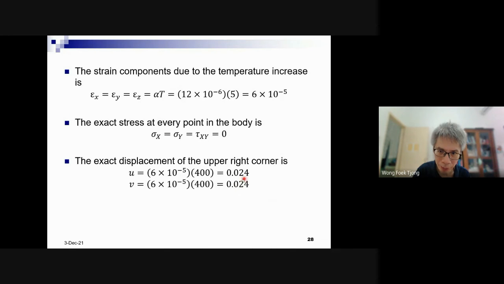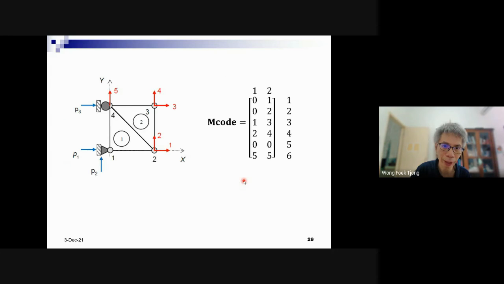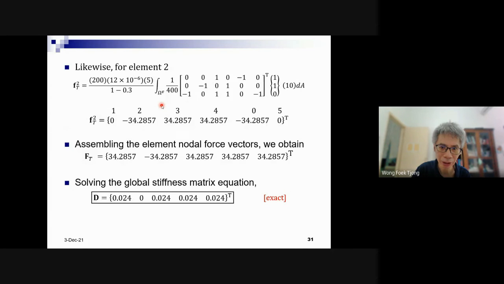The displacement is 0.0224 at the right corner, right? Right corner is where? Here, degrees of freedom 3 and 4. Is this correct? Yes. This is 1, 2, 3, 4. Exactly the same. Okay. So again, for uniform distribution of temperature and free expansion for this problem, the CST works